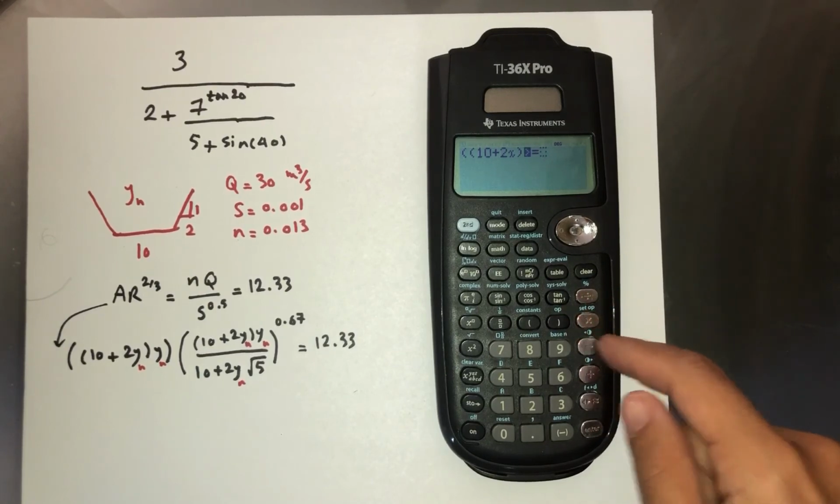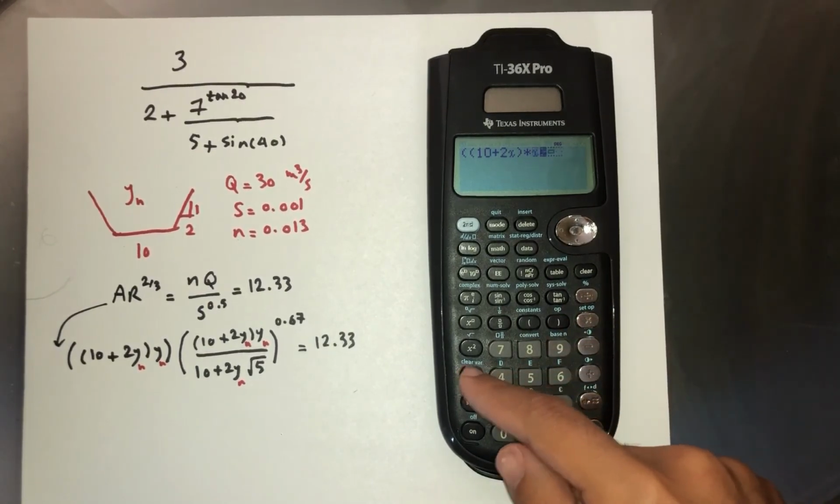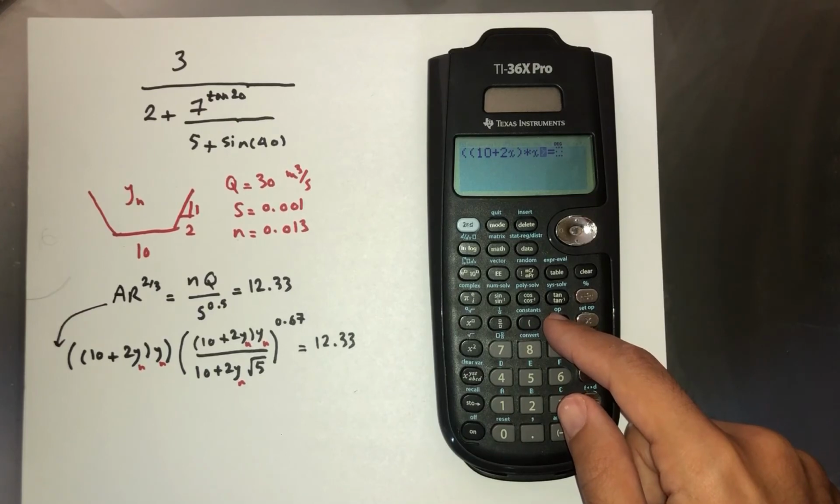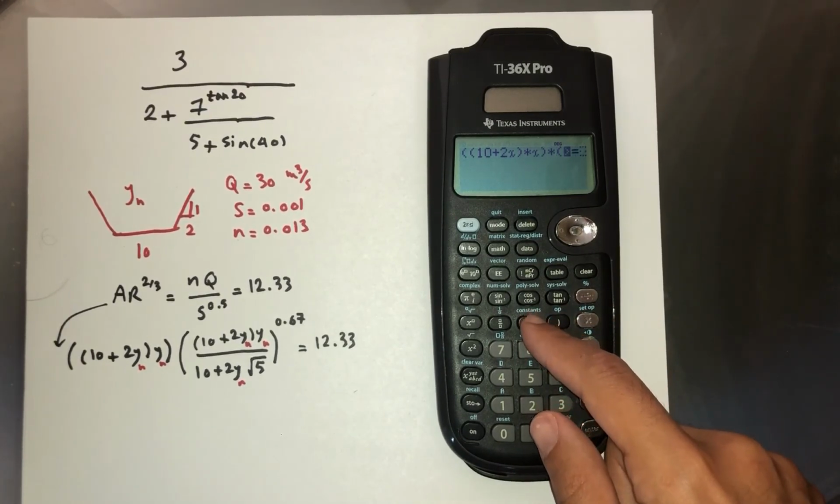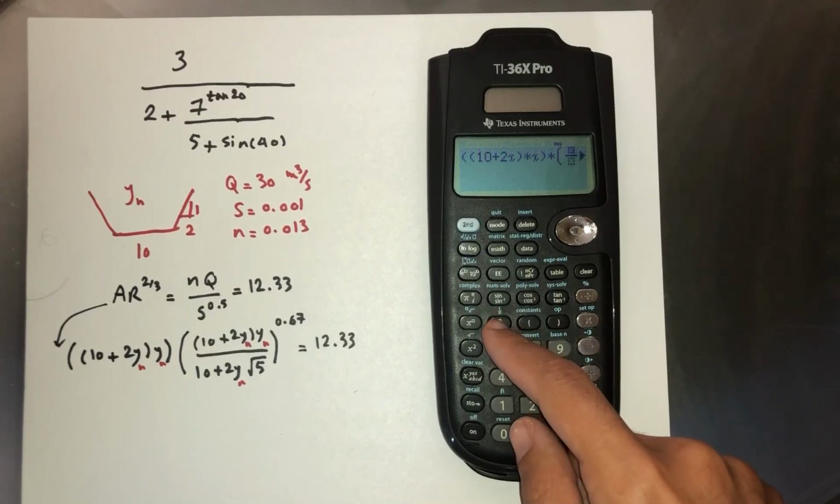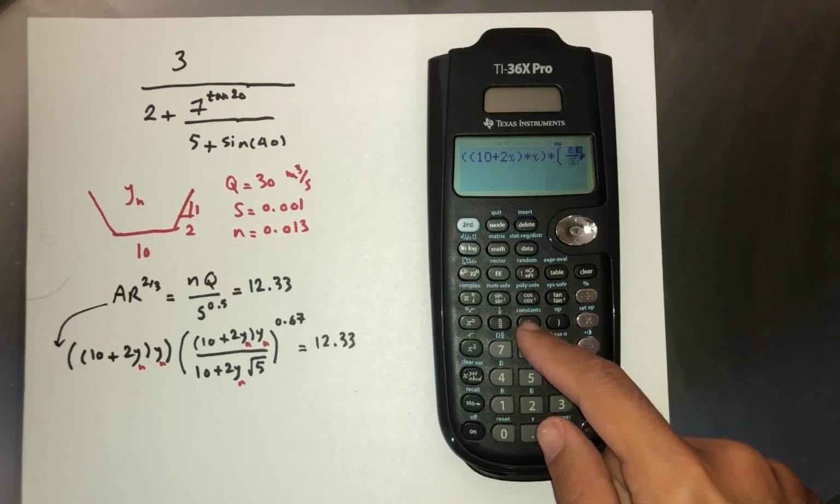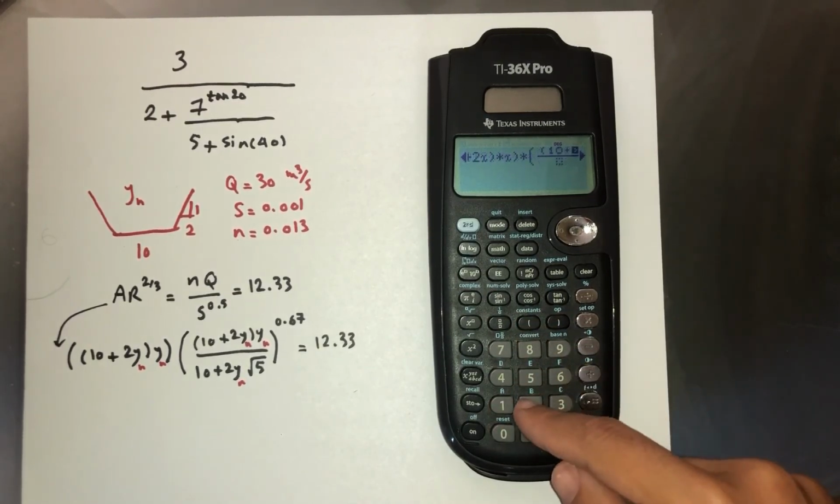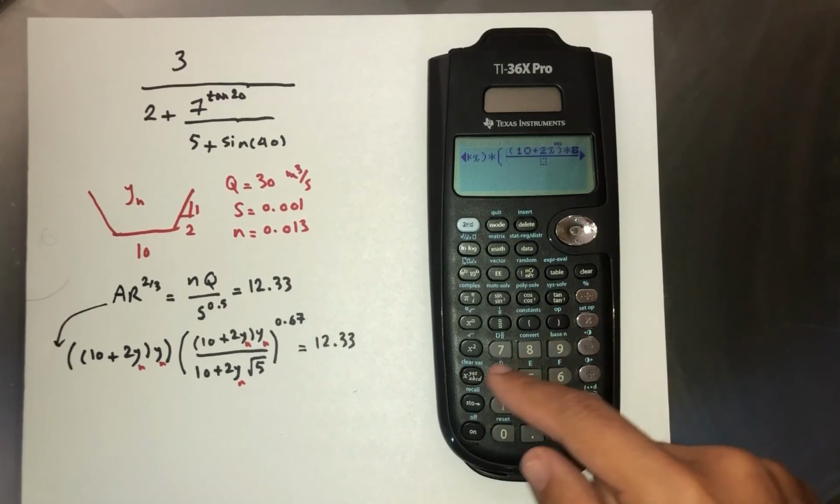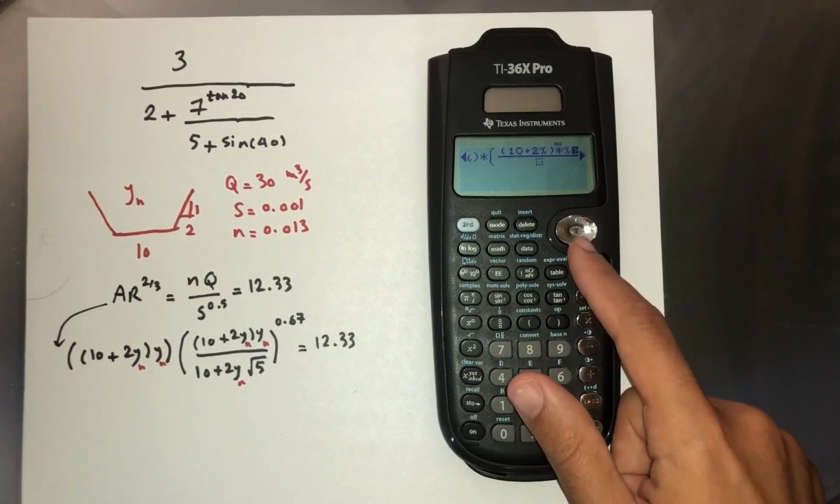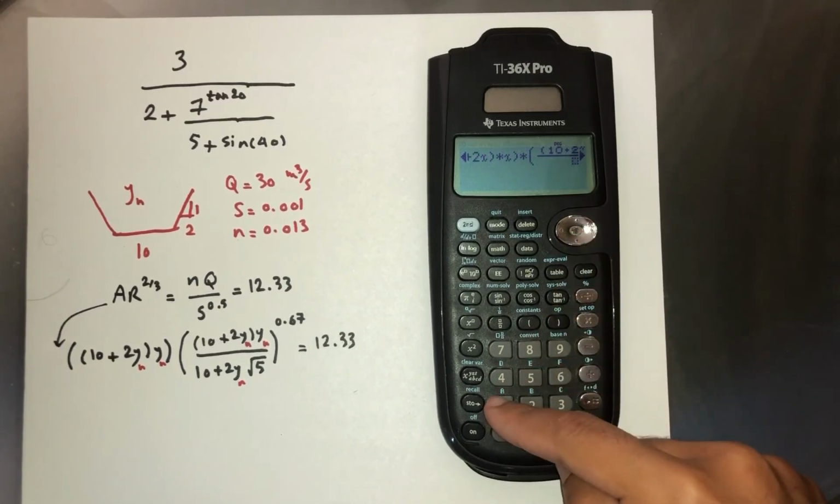Times X, and then now we need to multiply it with the bigger term here. We have hydraulic radius. Now I'm going to use my fraction so I don't mess things up. Then I have on top 10 plus 2x times x, and on the bottom I have 10 plus